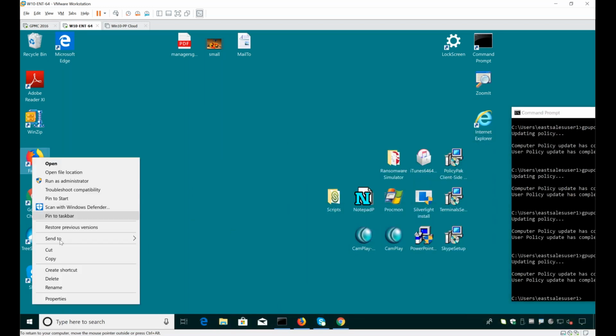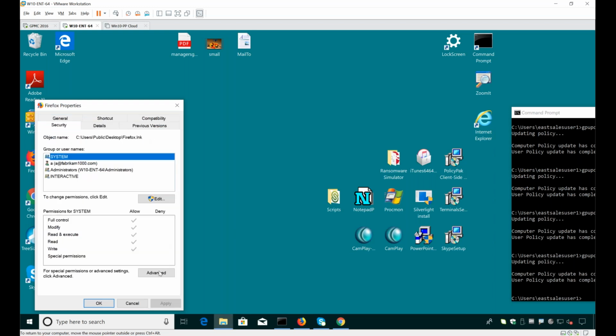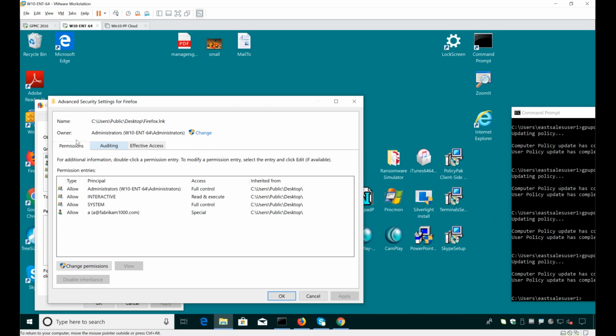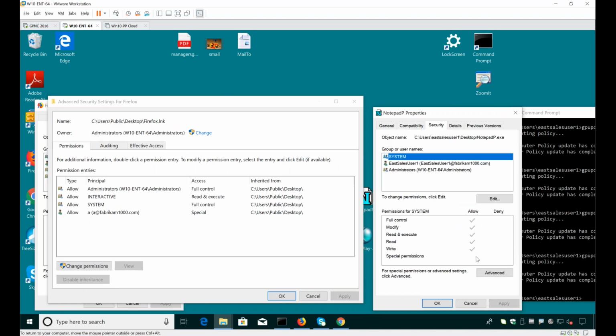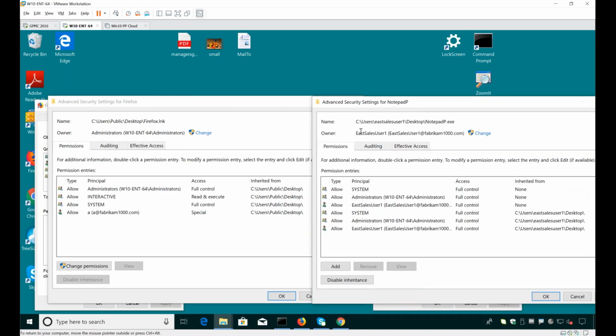Well, it's actually a pretty easy magic trick. If you take a look at the properties and go to security here and you go to advanced, what you can see is that you are the owner. You're the guy that did the installation. And if you take a look at what's happening when the user downloads something off the internet and tries to run it, or it tries to install it, aha, they're the owner.